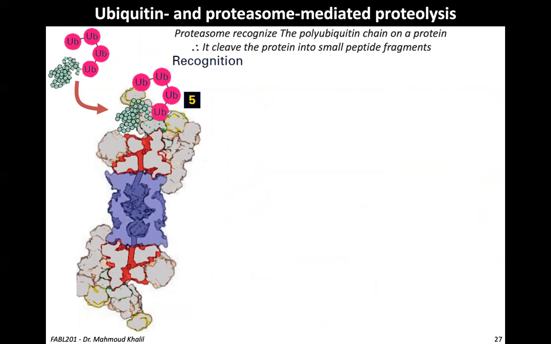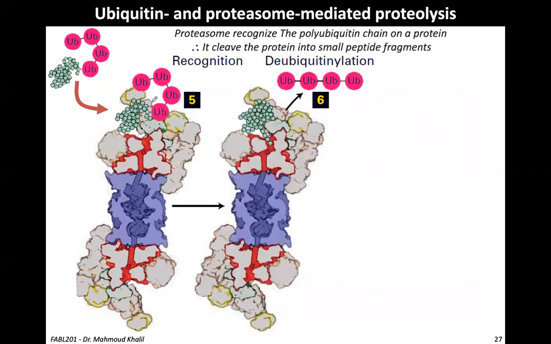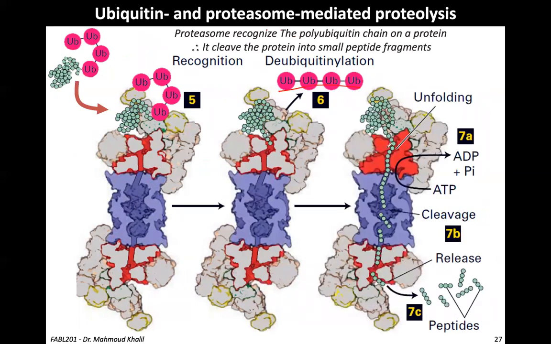The proteasome will recognize this protein. It will break the ubiquitin through the process of deubiquitination, and it will take up the protein, convert it into a primary structure, and then at the last subunit of this proteasome, it will cleave this protein into small peptides that will soon be degraded into amino acids. Okay? فهمنا هنا يا جماعه هنا حصل